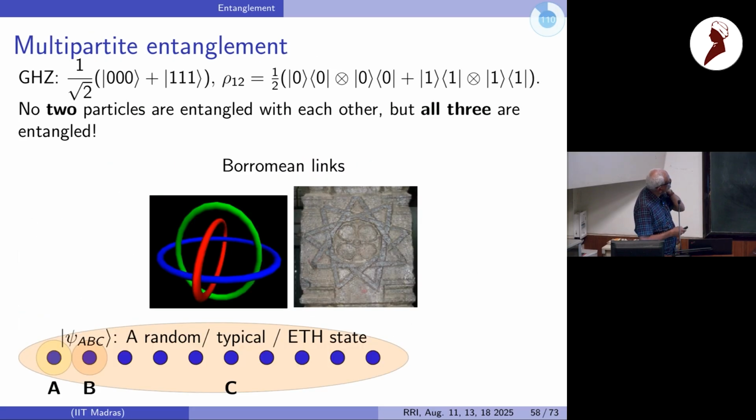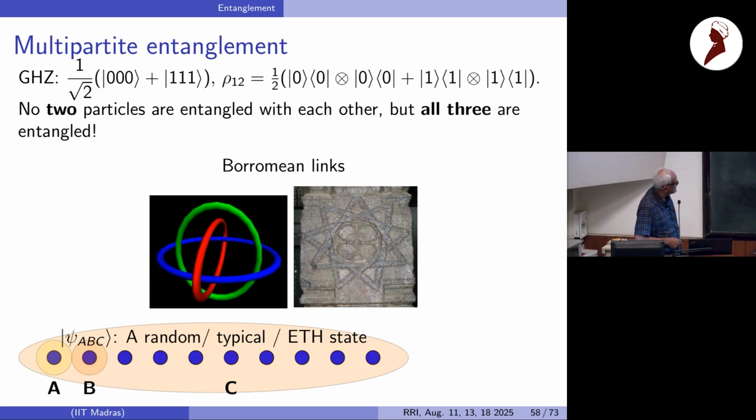Just to drive home the monogamy part, if you just take 3 qubits, for example, here is the state of up, up, up plus down, down, down. This is the GHZ state. If you calculate the state of any 2 qubits, it is separable. You can actually write it as some convex combination of unentangled states, and therefore it's considered to be separable mixed states. And therefore, no two particles are entangled with each other, but all three are entangled together in something like a Borromean configuration.